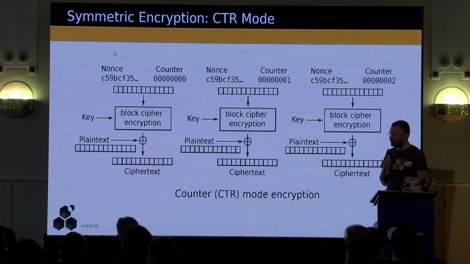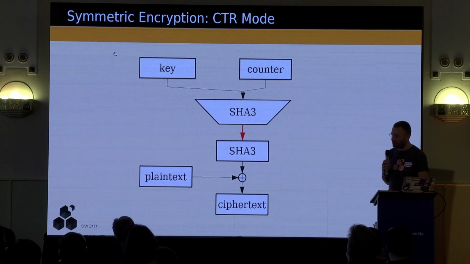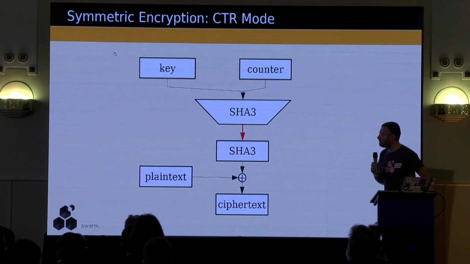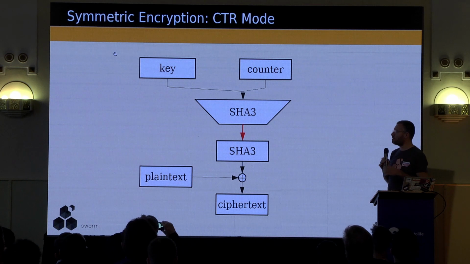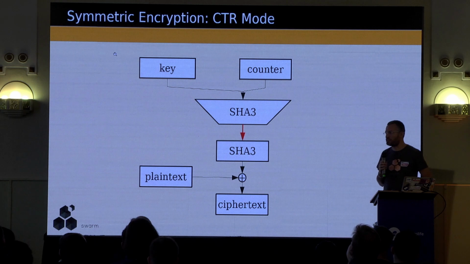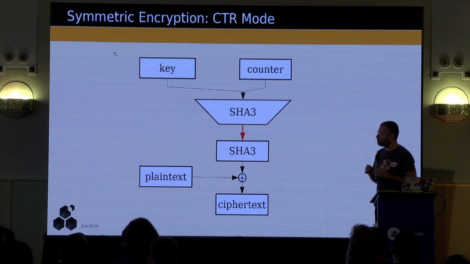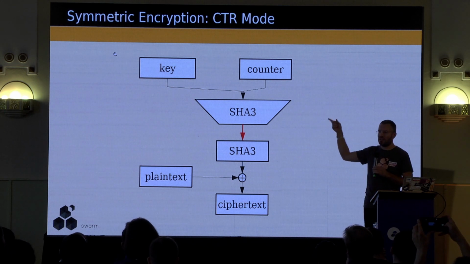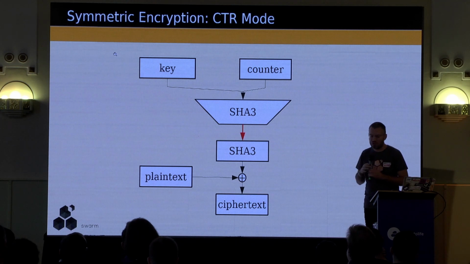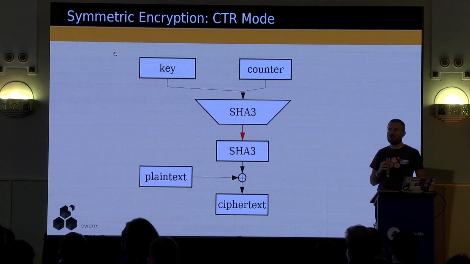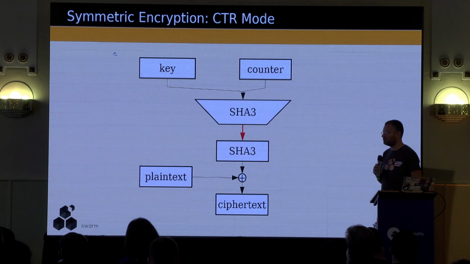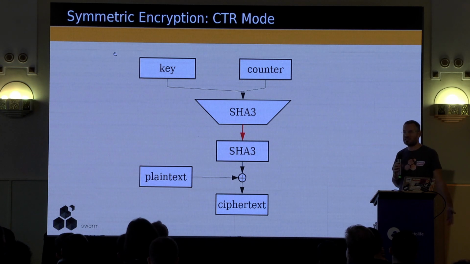So here's the version that we use in Swarm. This is just one of these boxes. So this is how we do it in Swarm. Instead of the block cipher, we use two SHA-3 hashes. One of them is a compression function, which means that it takes more data on the input than it outputs. And the second one is a simple one-way function, which is a substitution box, an S function.